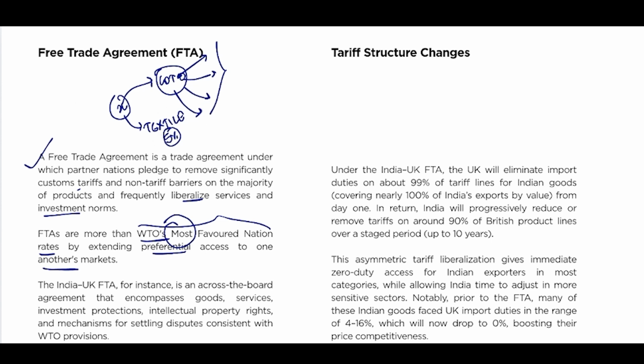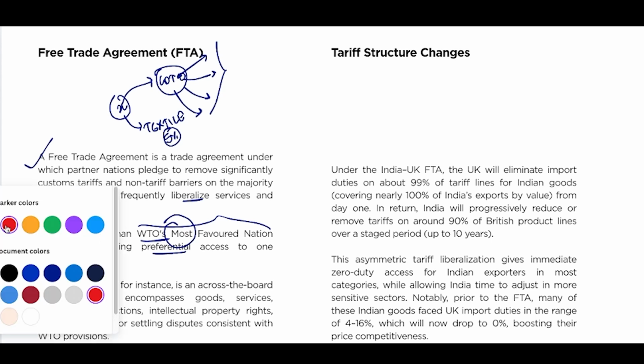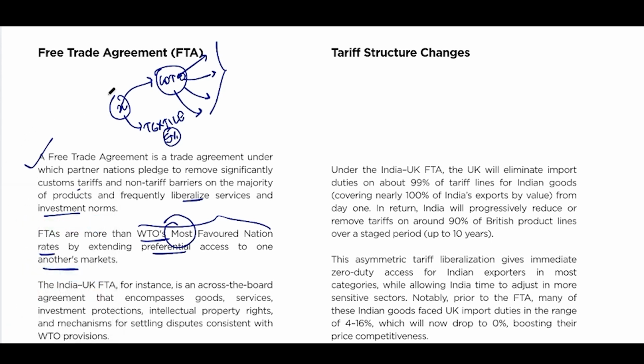All the members of WTO automatically become most favored nation. However, there are a few exceptions to this rule. Number one exception is that this country X can violate this rule for matters of national or internal security. So similarly, even though both Pakistan and India are members of WTO, oftentimes they revoke most favored nation status to each other because of their troubling ties.